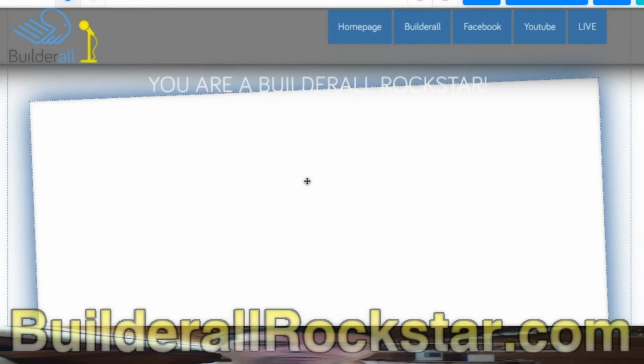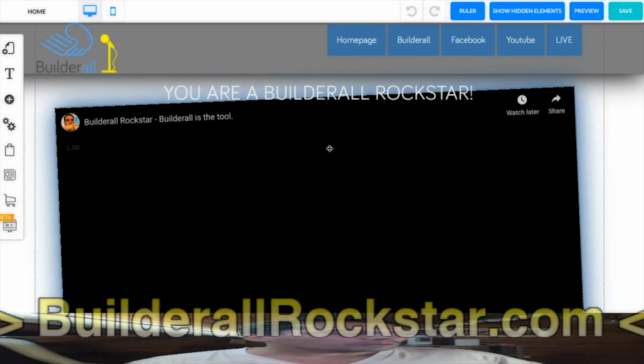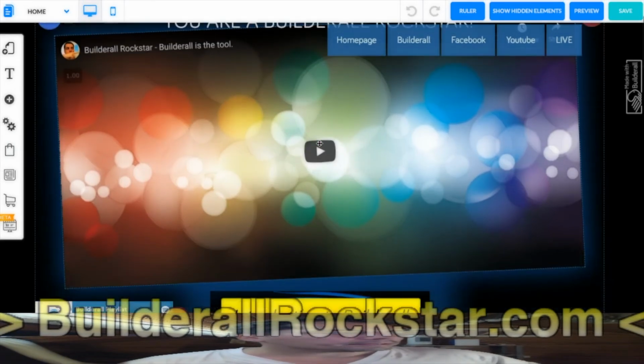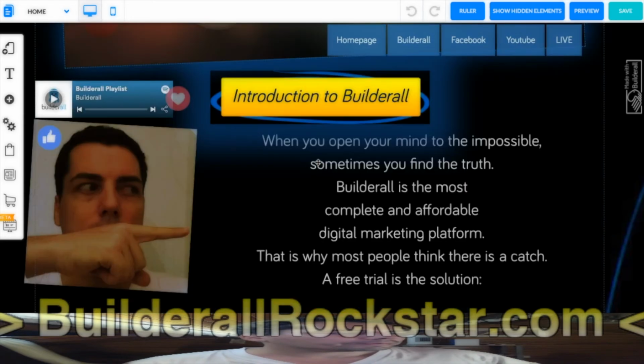It will be a site that says, oh, do you like this website? Do you want to use it for yourself? So yes, you can. You have to use this tool Builderall. So first, click on this button. Second, click on save. Third, click on create an account. Create your account, and then this website will be in your account. You can use it. So this is my website at the bottom.